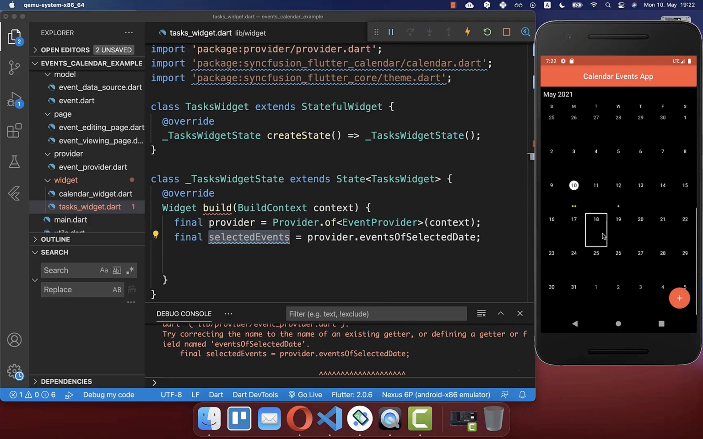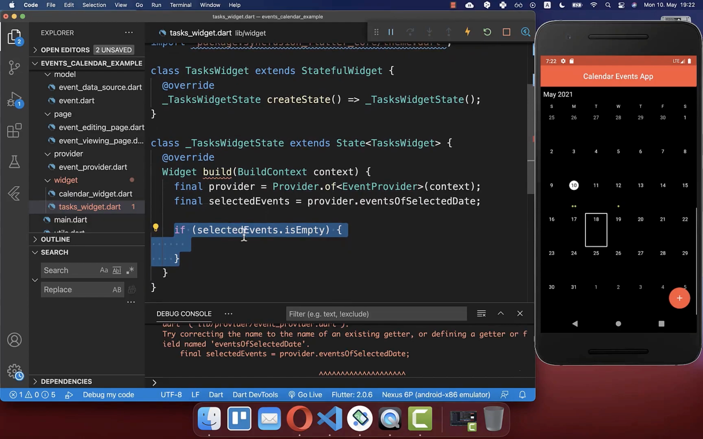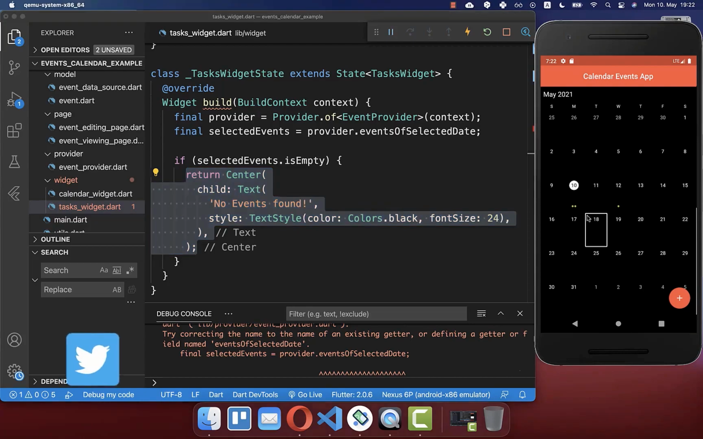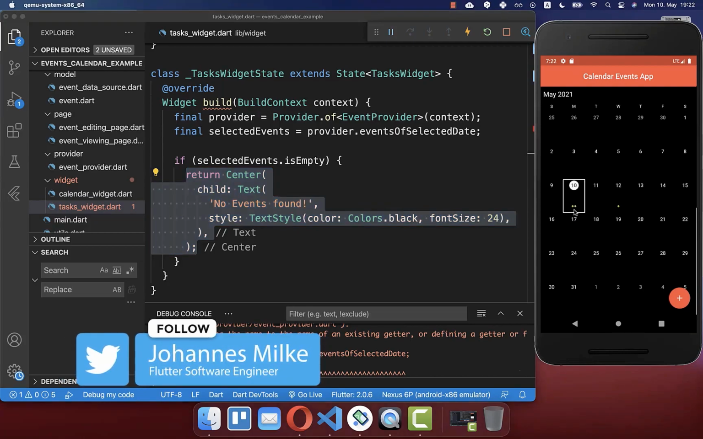If I click on this one, then we have no events. And therefore we also want to check here if the selected events are empty. Then we want to show here simply this text, no events found. Otherwise, if we click on a date which has here some events, then we also want to display it in